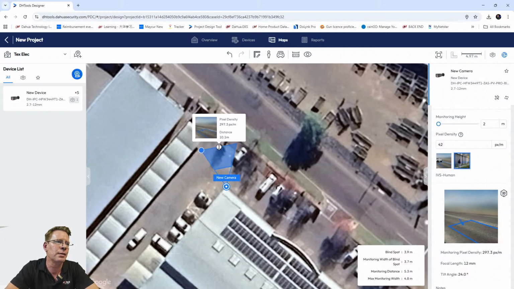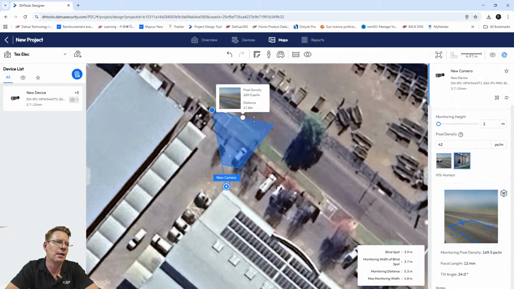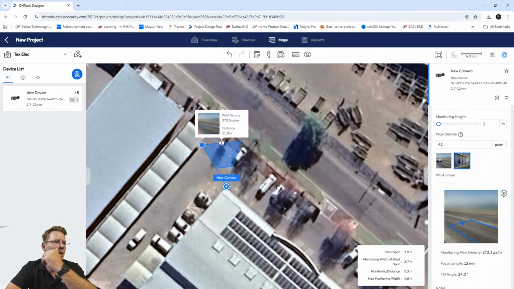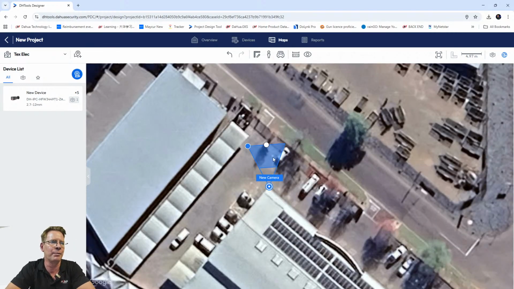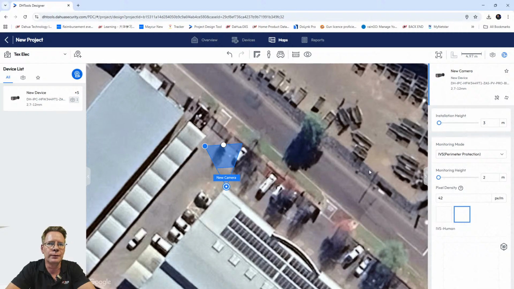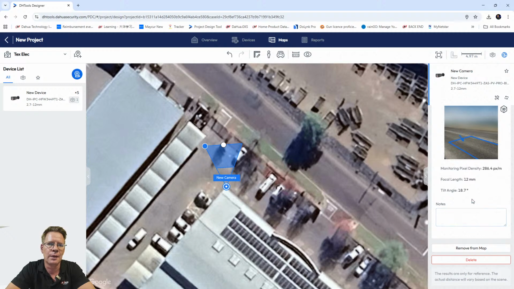So you can see that your pixel density also changes as you pull it outwards. In this case, there is a little gate there, so I'm just going to drag and drop it to that gate there at 6.7 meters. So the focal length will be 12 millimeters. So you're going to have to zoom. Remember, it's a motorized camera, so we're going to zoom the camera in and utilize the 12 millimeter lens that's